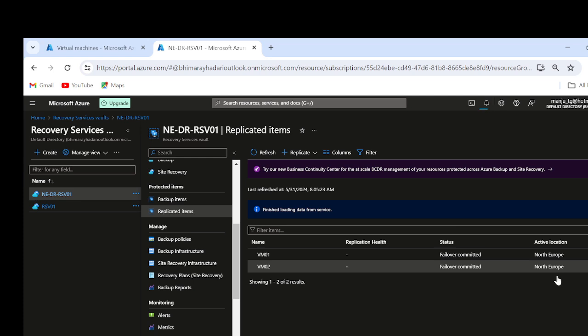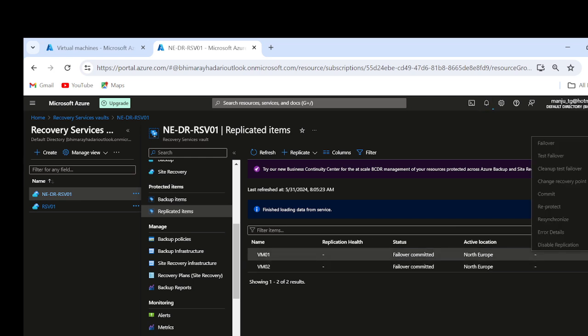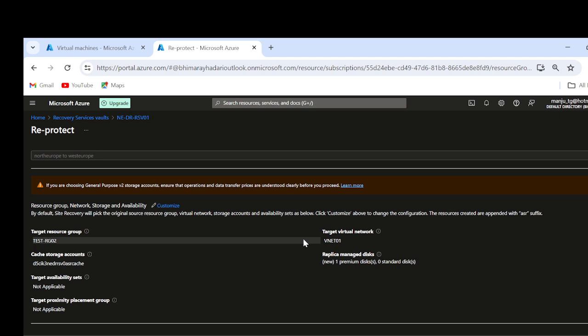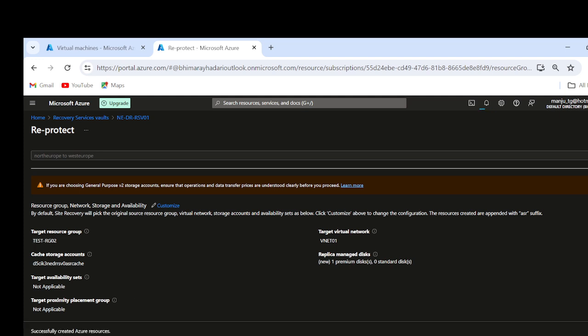I'll reprotect both actually now. See here, Northern Europe to Western Europe, reprotecting. So let this get completed. Yeah. So what we will do, meantime that the reprotection is completed, we'll quickly walk through the auto scaling